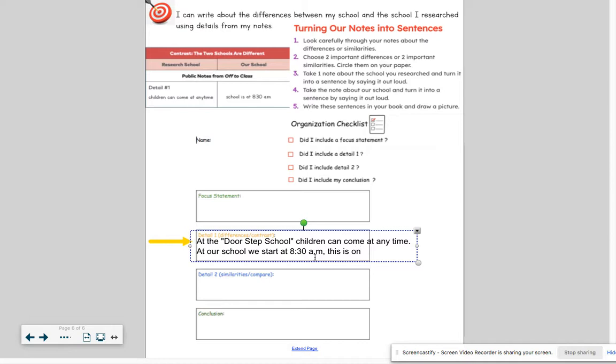This is one way our school is different from the Doorstep School. So now I just wrote my differences in the differences box. I took my detail about the school I researched, turned it into a full sentence, and then I took my detail about our school, about how it's different, and turned that into